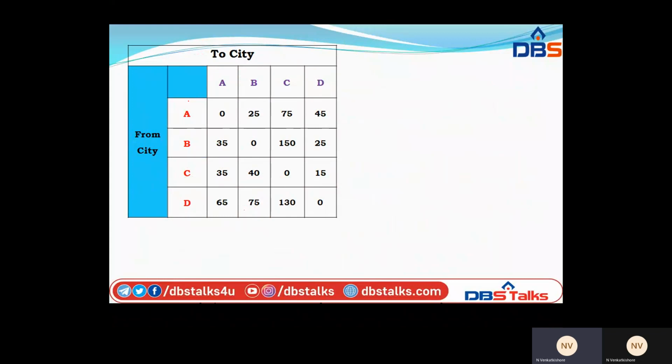So most of the cases we may solve it in phase one only. If not, we may go for another method, that is phase two, where we may go for a single circuit method, an inspection method, and the branch and bound method. These are the three methods we can use for phase two. Most of the cases we can solve directly in phase one.